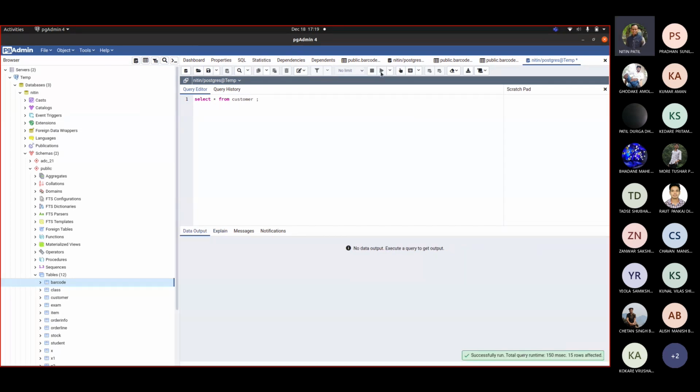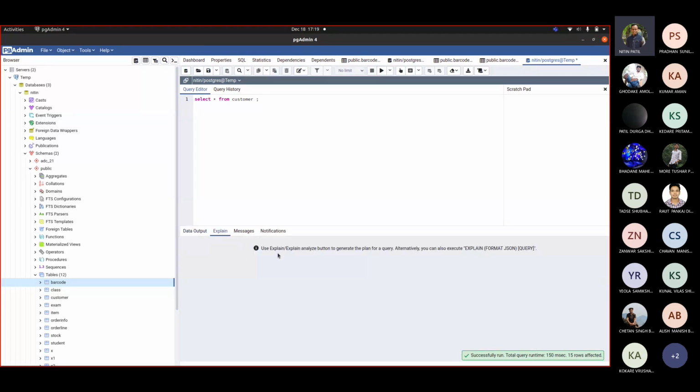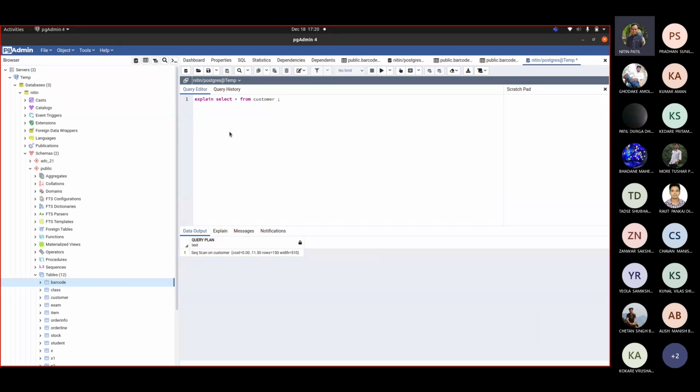Suppose I fire this query. You saw the result displayed, correct? Now if I write explain here and fire this, you will see that it is showing me a sequential scan for my query.